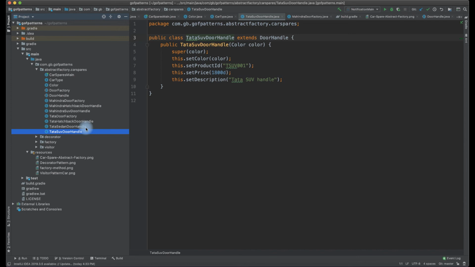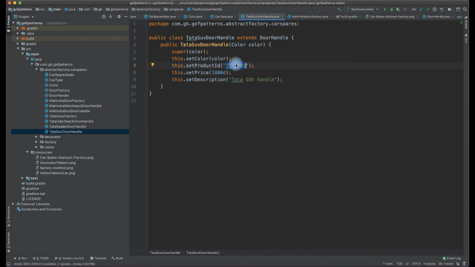The first one which we are going to look into is the Tata SUV door handle, because it has its own specification. When we accept the color in the constructor, we take in the color and we get the product ID. Since it is an SUV, I'm setting some number, and this might be auto generated in real use cases.